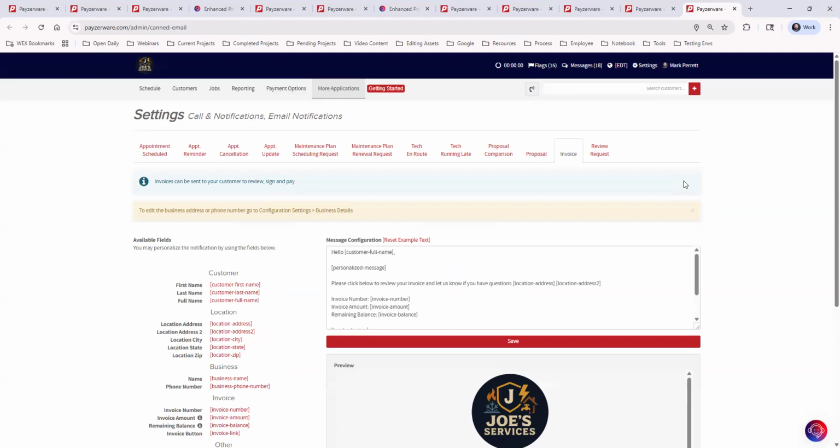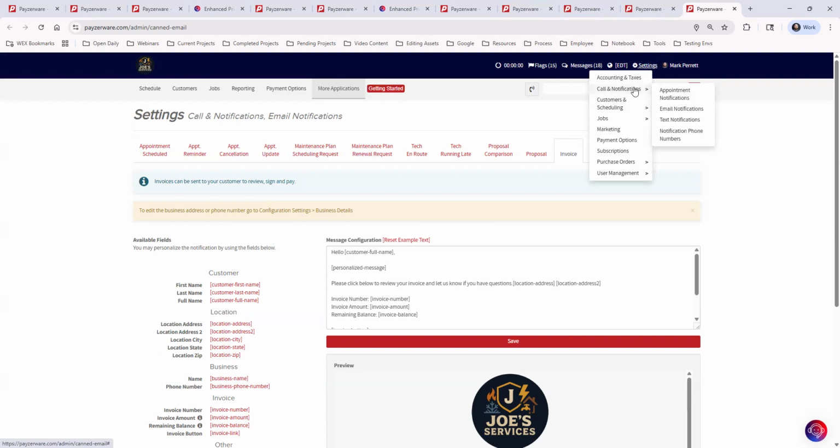And number two, how do I edit that messaging? You can customize the messaging that goes out with basically any notification that comes out of your system. You can edit those. And you do this by going to settings, notifications,